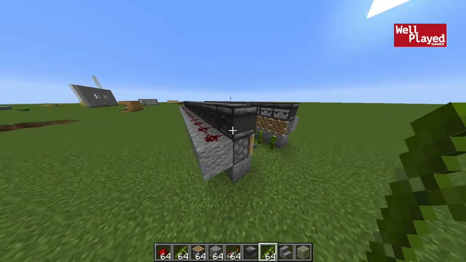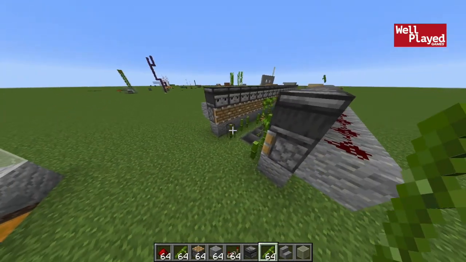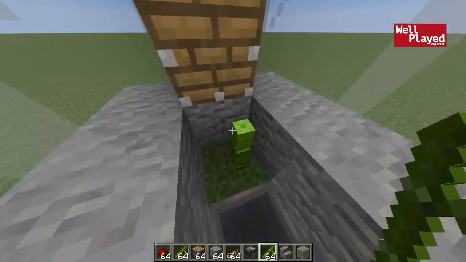And again, it really doesn't take that much resources. You need one observer, one piece of redstone dust, and a piston. So a little bit of iron involved there, but nothing too crazy. In this case, I've just gone ahead and done the one-wide bamboo block right here with the block